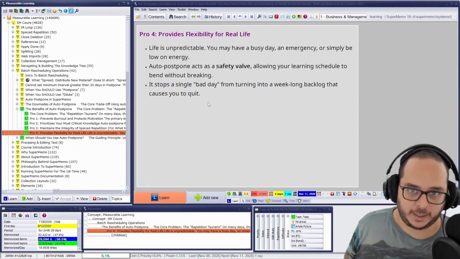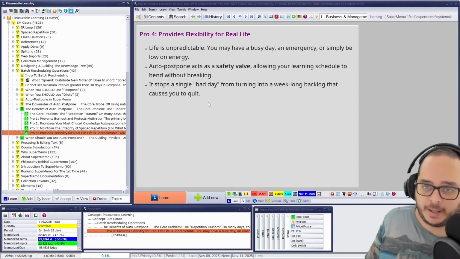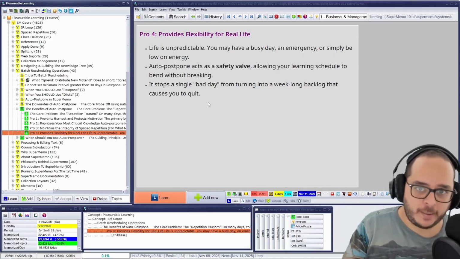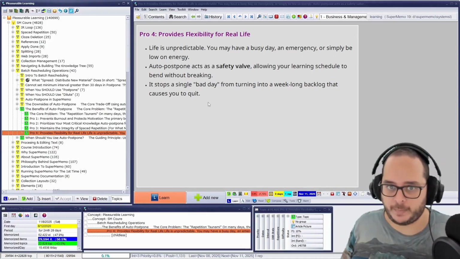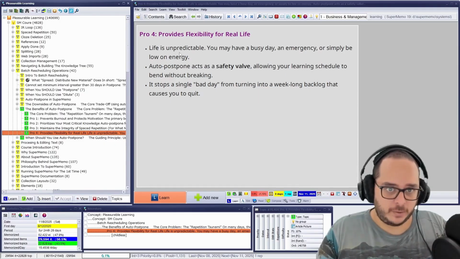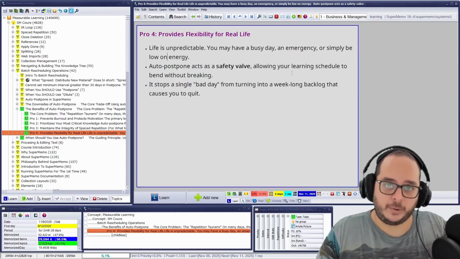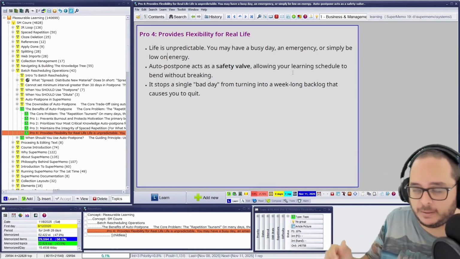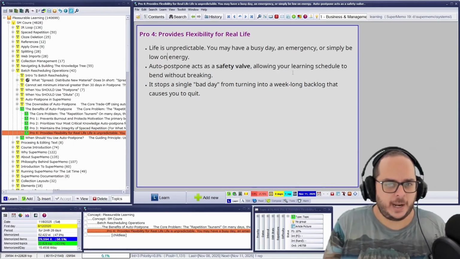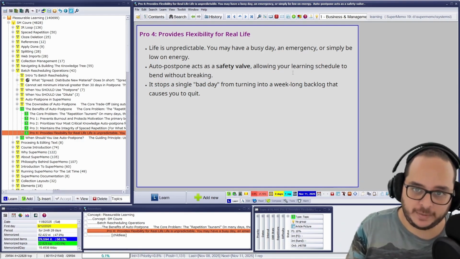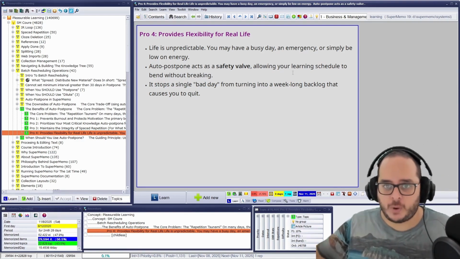Like now, I'm doing this course at the expense of my free time. Meaning, I use SuperMemo or I do the course about SuperMemo. I cannot do both. But eventually, I will finish the course and I will have more time. That means, hey, now I use Autopostpone more aggressively because I have less time, and I want to take most of the value of the 10 minutes or 20 minutes I have daily. Then later I have 2 hours.